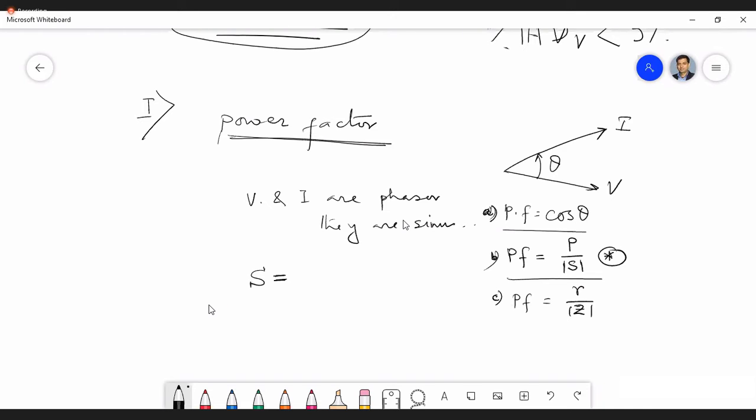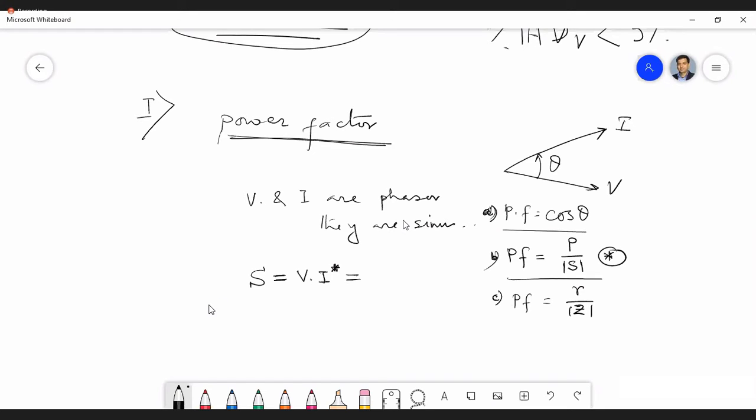S. Sir, product of RMS values of voltage and current. No, it is the product of the voltage phasor and the complex conjugate of the current. So V I conjugate. Yes. Okay. So why do we take the conjugate? Well, to bring the cos of the difference of the phasor angles, alpha minus beta. We take the conjugate to get the difference, isn't it? Yes, to get the difference.